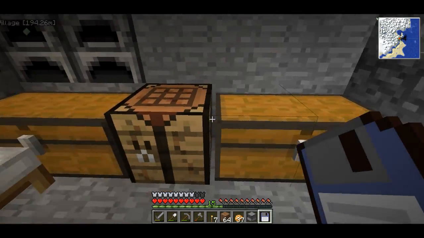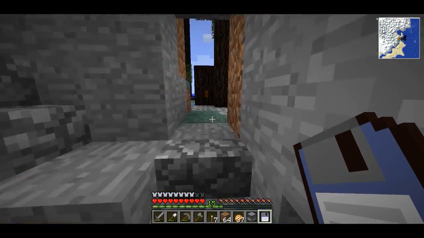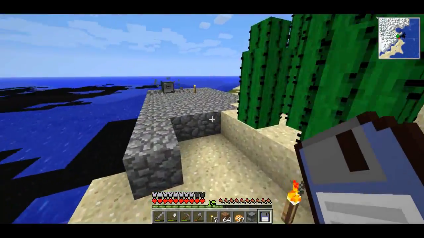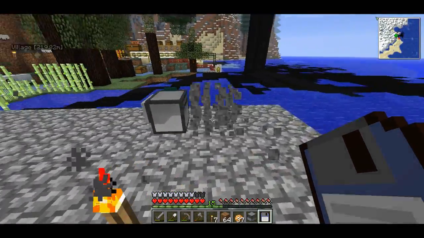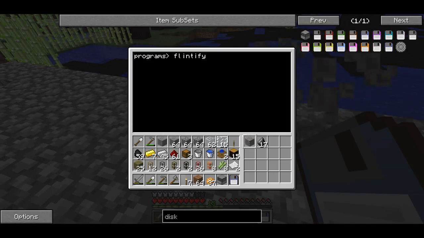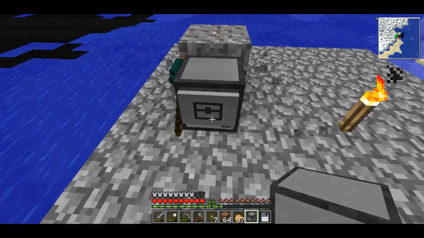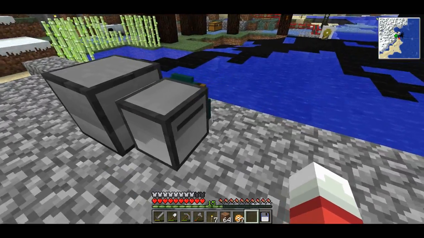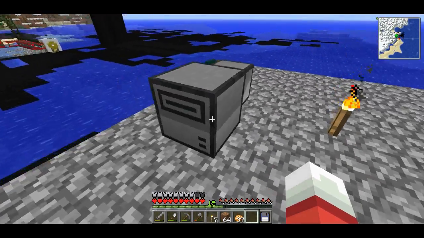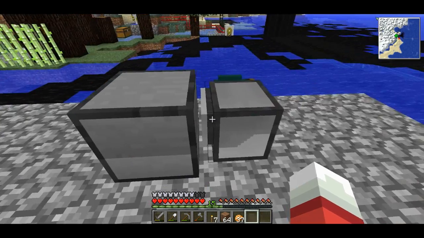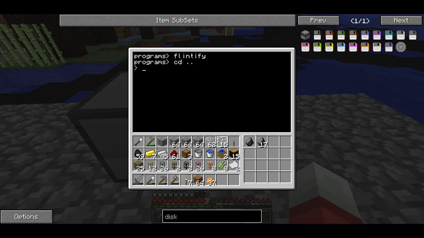Okay, so we've got a floppy disk and a floppy drive. So I'm going to come over here, and I just have to put it next to the turtle guy. He's still going. He's just about done, so that's good. Good timing. So you have to put the floppy drive behind the turtle. It just has to be to the back of the turtle, and then I'm going to go ahead and open it up, put the floppy disk in, and now when I go over here and I go to the root,